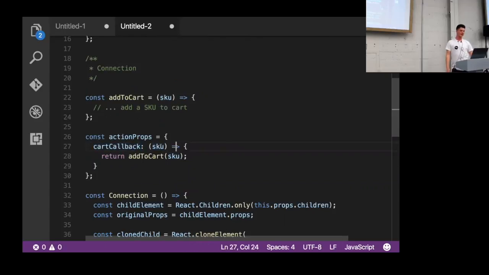Yeah, it's just a function, takes a SKU, calls the black box of add to cart madness that some other team made, and it's like 10,000 lines long, and I just want you to add this SKU to the cart. So